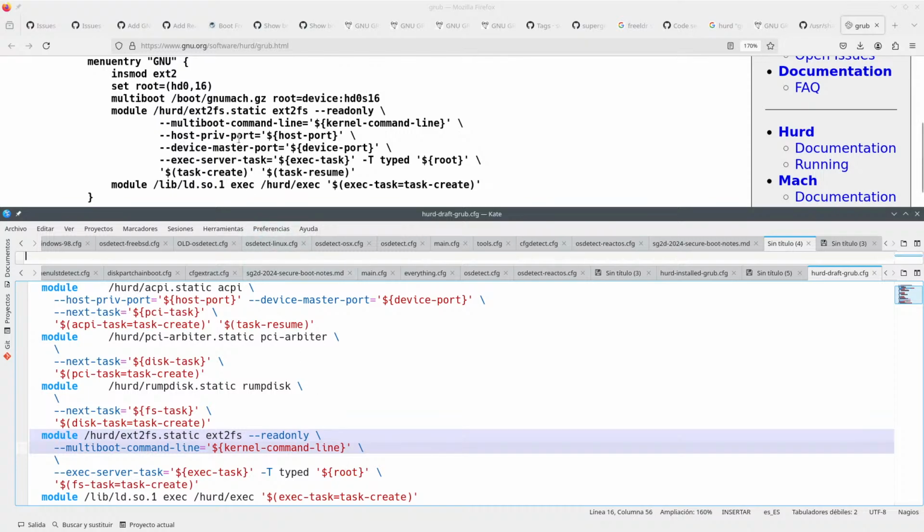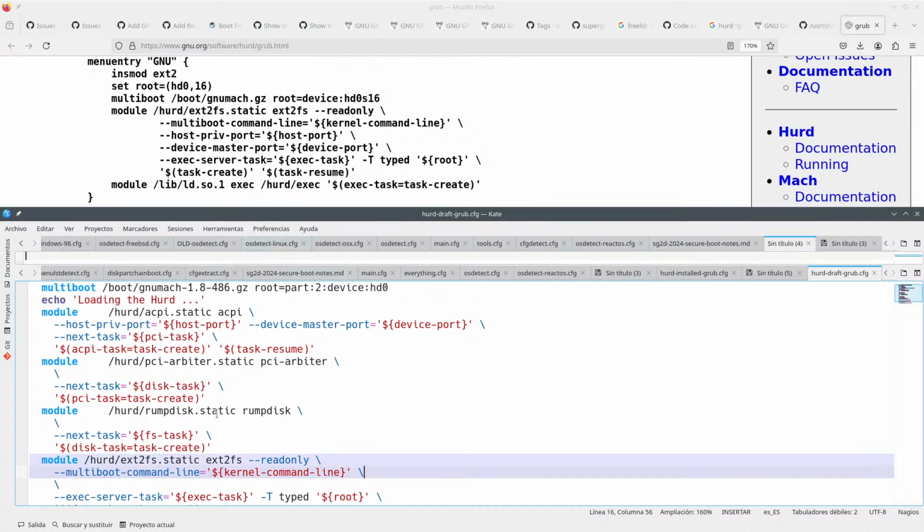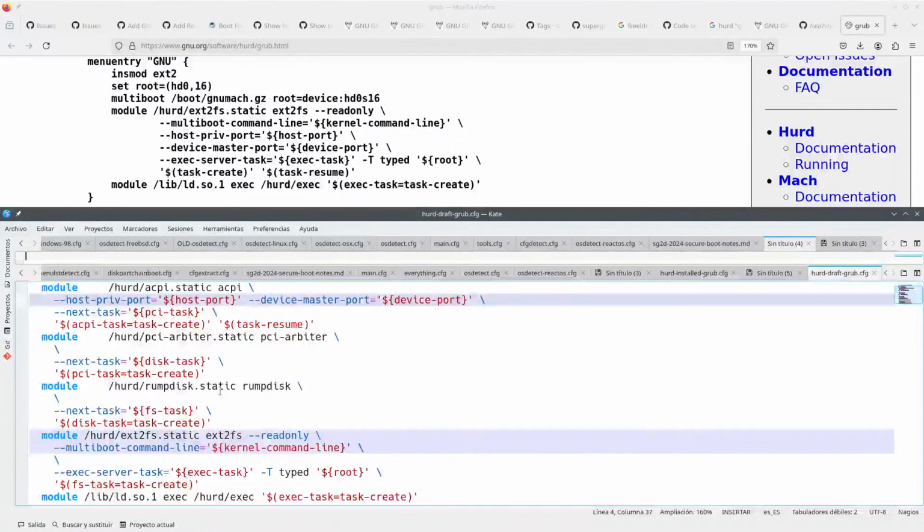So then host priv port something is down here. Okay, device master port is also here. Then device master port, exec server task is here, typed root, but it's something related to ext2.